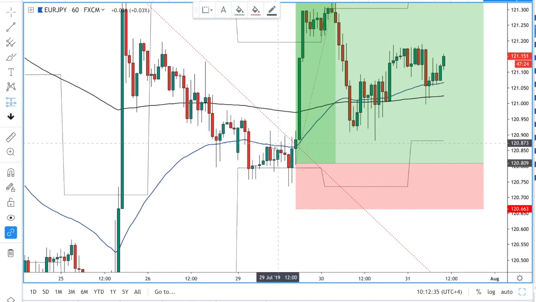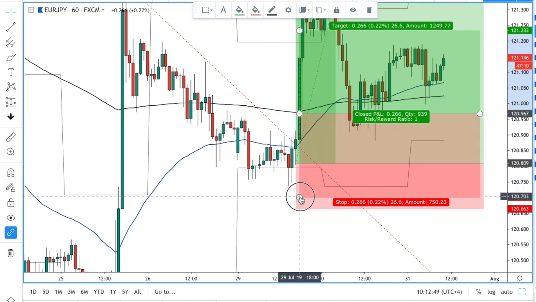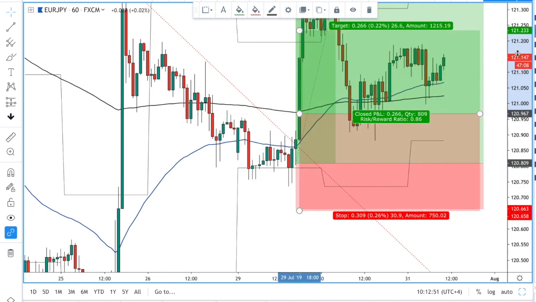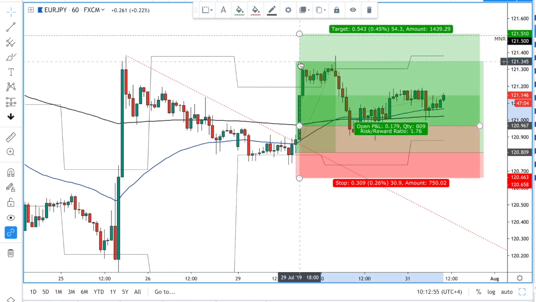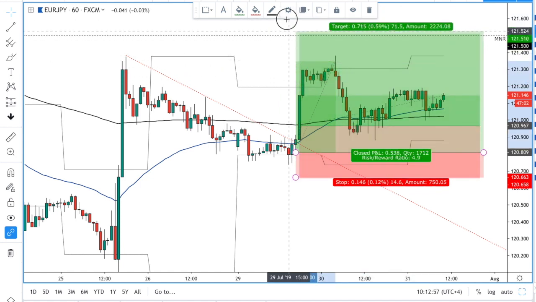You would start to think about buying as this candle moves up and pushes away, saying we finally broke the EMAs and the trend line. If you entered at this point, with a stop at exactly the same point, and the target at the same point that we've got, which is a little bit higher,